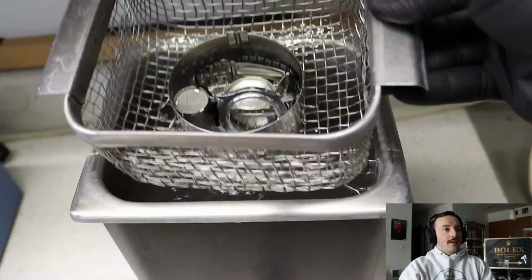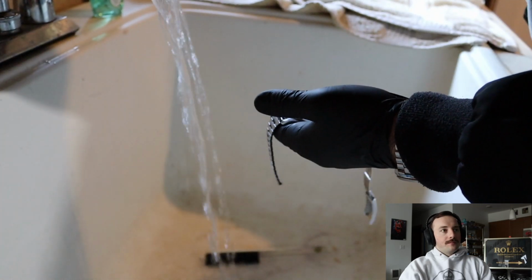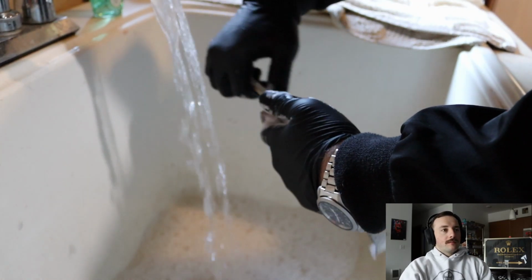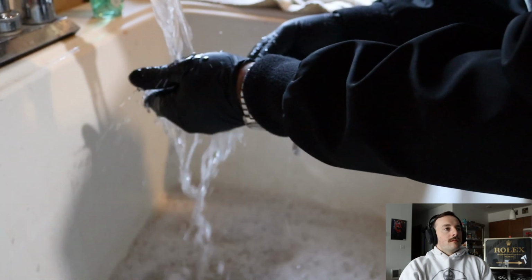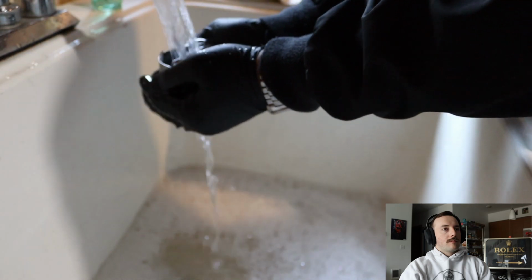Alright, and then back to the case and band. Get that out of the ultrasonic and to the sink to scrub it. And just hand soap to scrub it. We got basically everything off with the ultrasonic. This is now just to get the little bit of grime that has been broken free, loose and out of there. Remember to rinse it really, really well. We're gonna hand dry before we